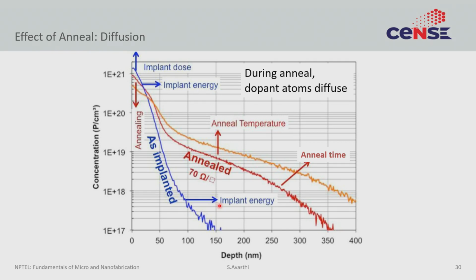So in the finite dopant diffusion case, the dose remains the same, and when the dose remains the same, the peak concentration falls, and the depth of the diffusion increases. So that is what you are seeing in the red and the orange curve. As you anneal more and more, the peak concentration falls and the dopants diffuse in further.